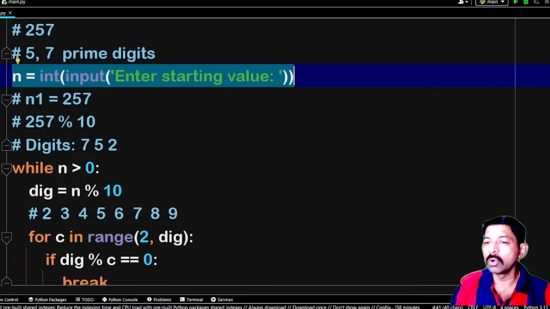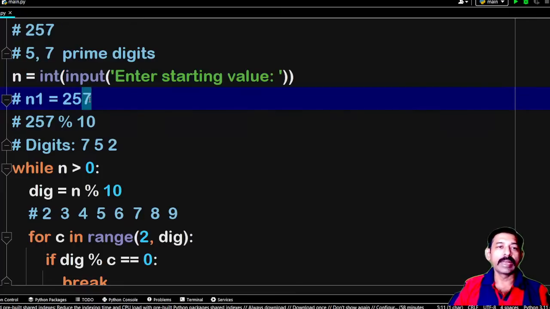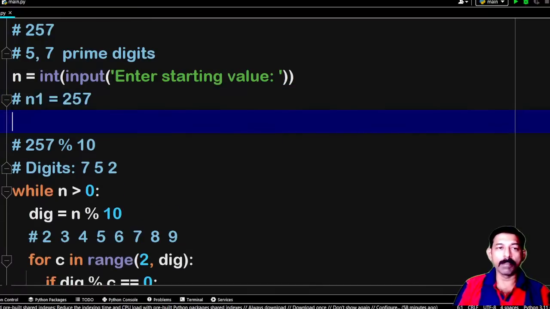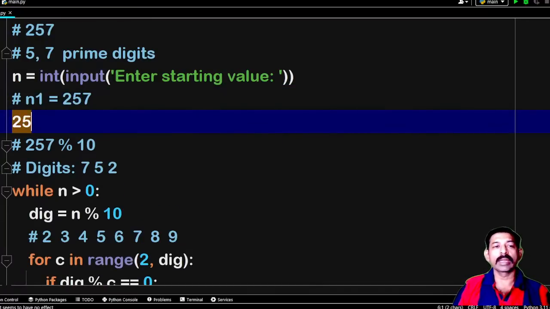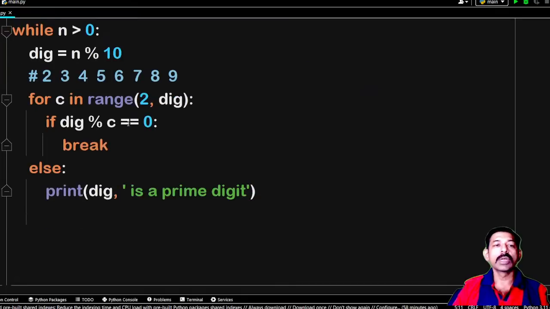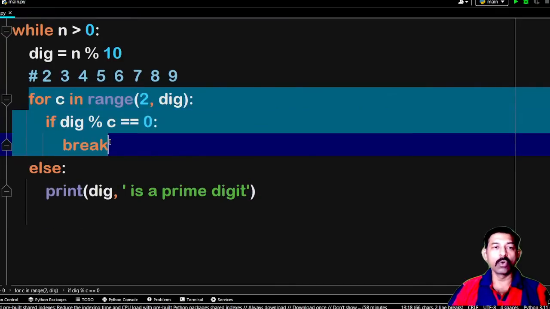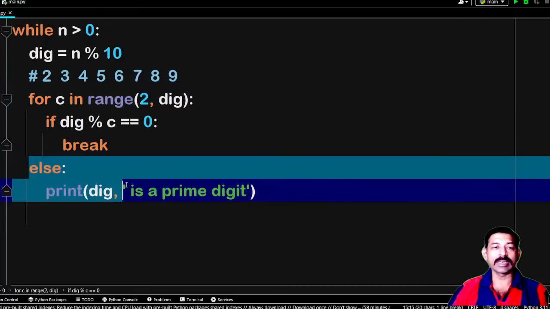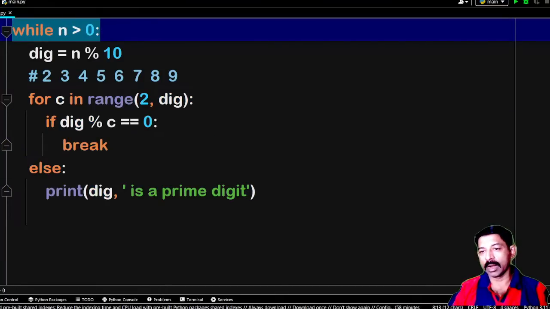Aditya, n is equal to n by 10. Excellent, because once I got the digit 7, next time my number should be 25. Then only I can get the next digit called 5. Now in order to get the quotient, I will use number. But where I should use? Inside the for loop, inside the if condition, inside the else, inside the while, कहाँ पे use करना है? Where to use n is equal to n by 10. Otherwise ये आपका infinite loop हो जाएगा।